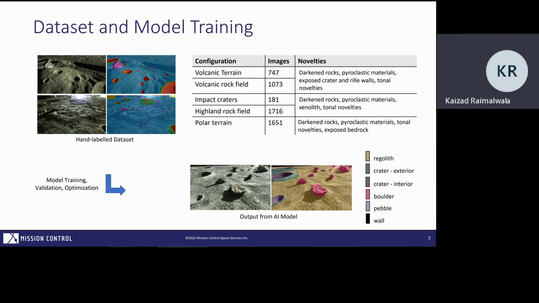Before talking about the use cases, a quick note. We built a large data set of several thousand images and labeled them with the features in collaboration with our science team, and used these images in a model training, validation, and optimization process. There's a lot of details here, of course, that I'm skipping out, but if anyone's interested, I can share more information. And then in the bottom right is an example output of our AI model that can classify some of the features here that